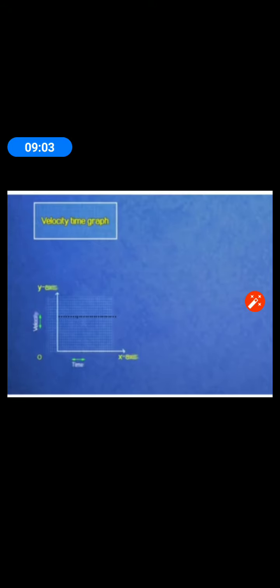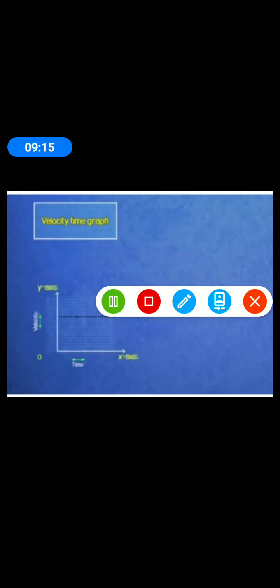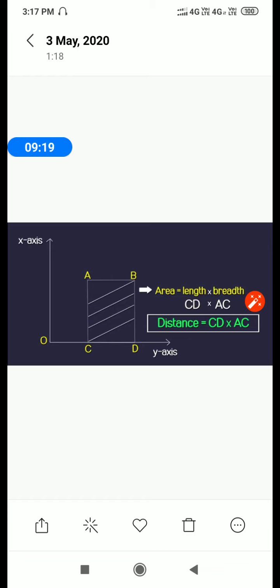Okay, now we will take 2 points A and B. We will mark 2 points A and B, and if we have to calculate the distance between A and B, then we will draw the perpendicular on the x-axis like this. We will draw the perpendicular on the x-axis, that is A and B, C and D. Then